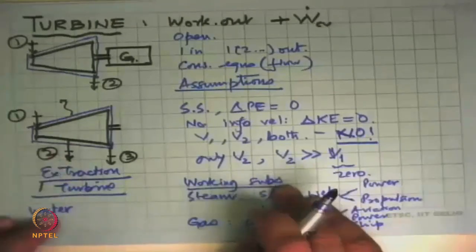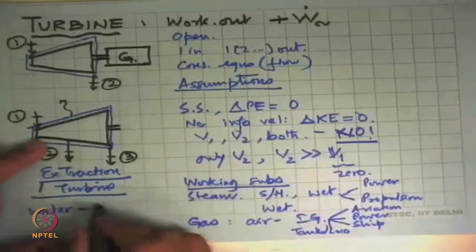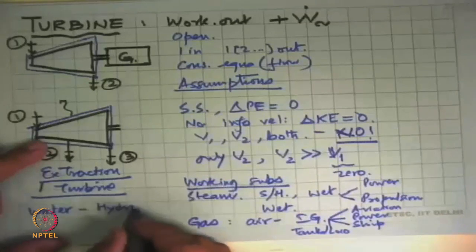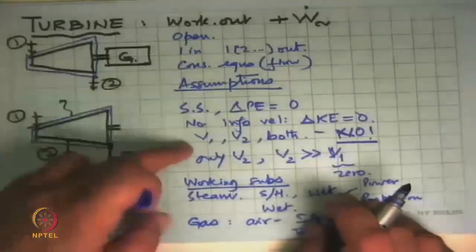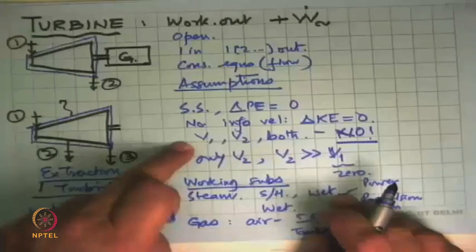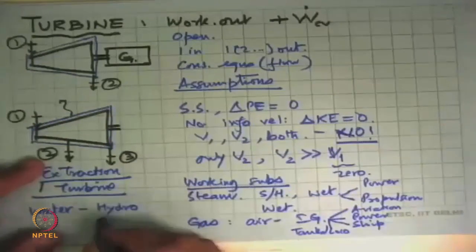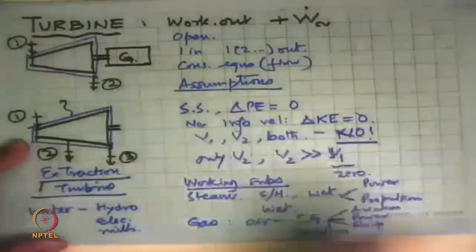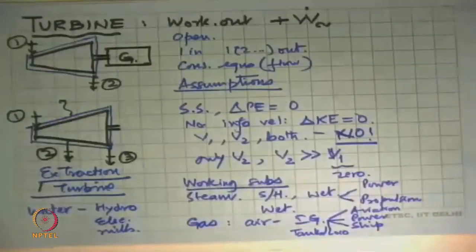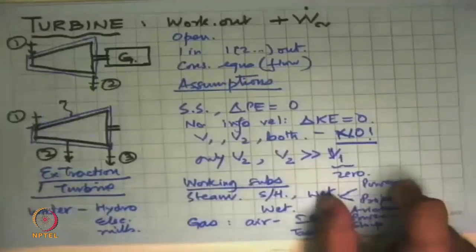The working substance can be water, different from steam. This is water that's there in a river or in a dam. This gives you the idea of a hydro turbine. And the equations you use there, although they came from fluid mechanics, the basic idea was that they did satisfy the laws of thermodynamics. We call them hydro turbines, and they are used for producing electric power, and in some cases running mills.